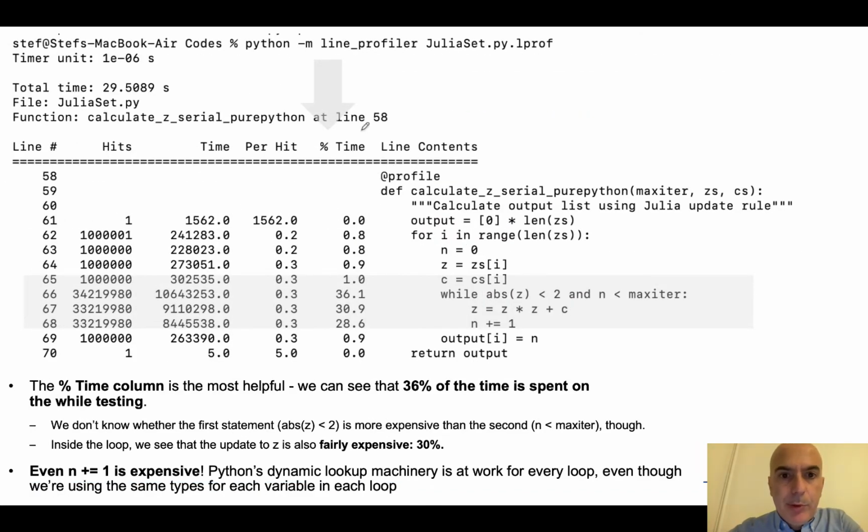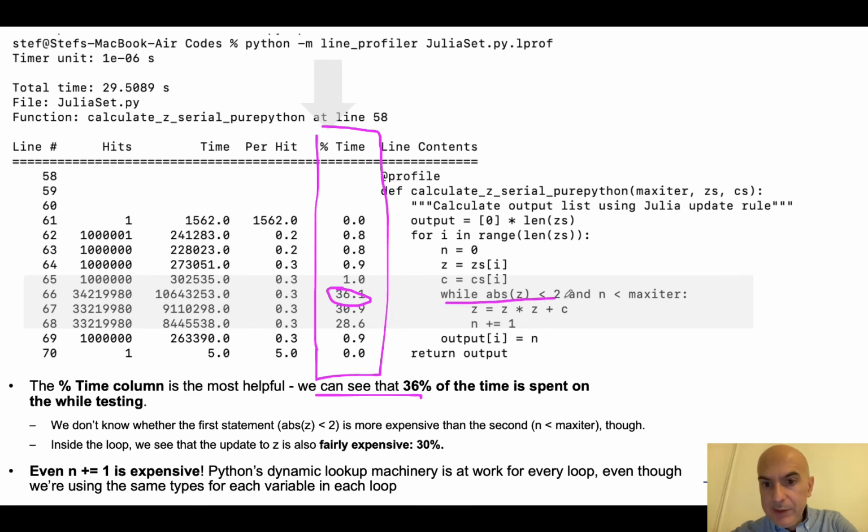By far, the most important column that we look at in the profile information is the percentage of time, which tells us where the time is spent by percentage, line by line. So we can see that 36% of the time has been spent on this line here. One of the things we don't know is if the time is spent here in calculating this absolute function of the complex number z, or in this